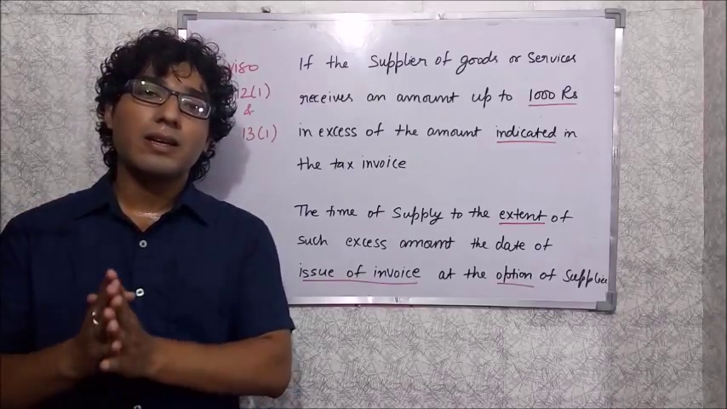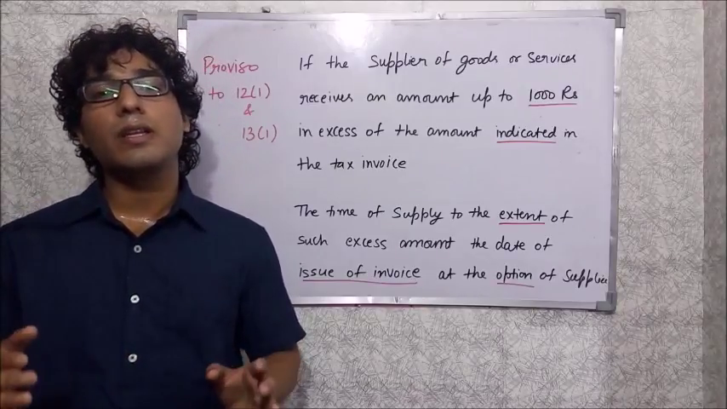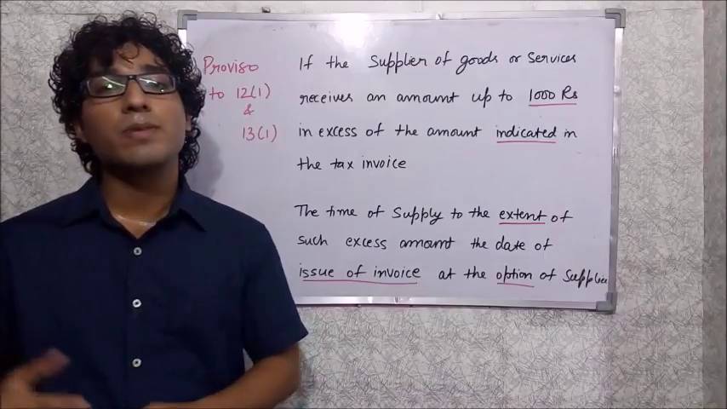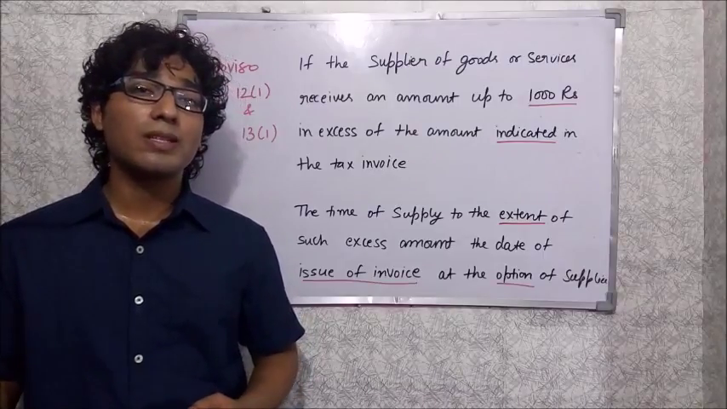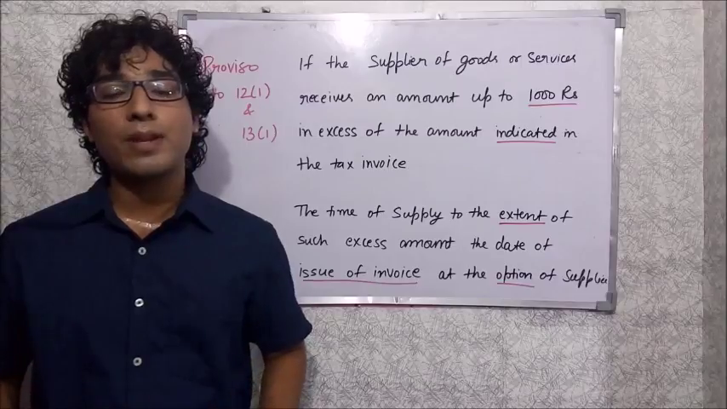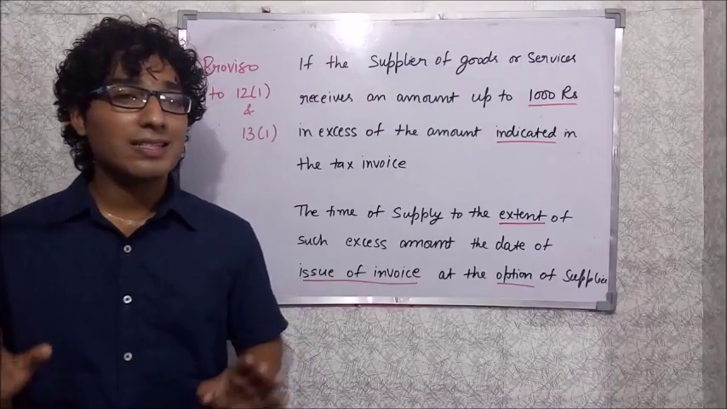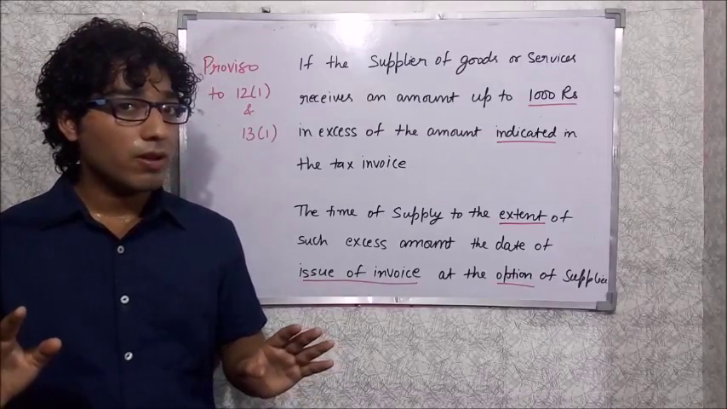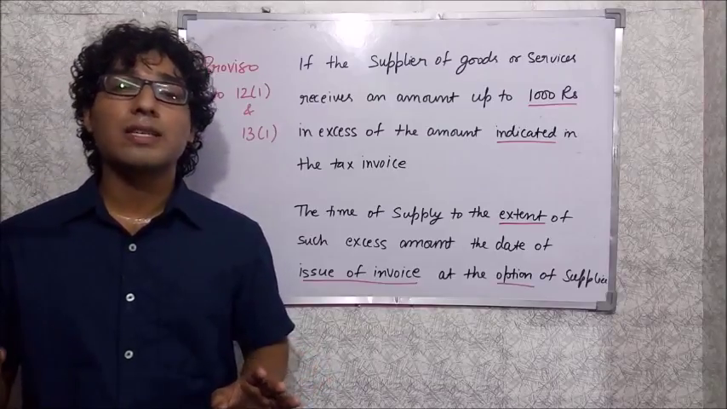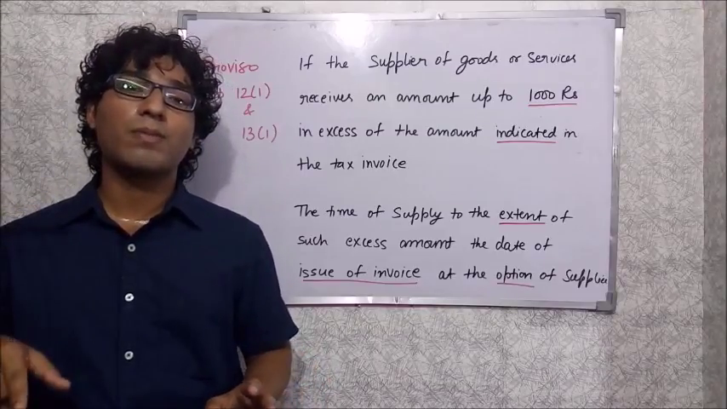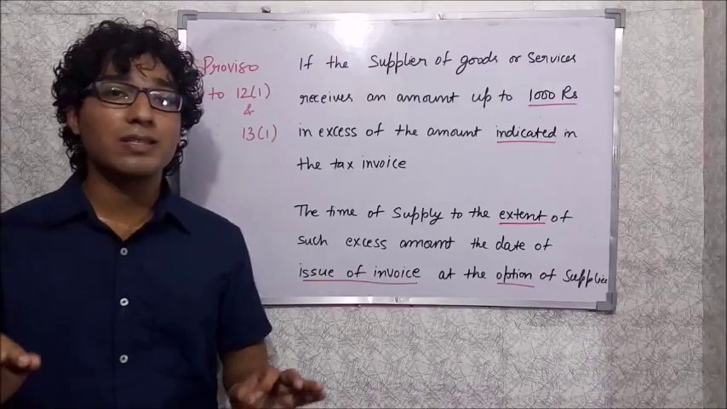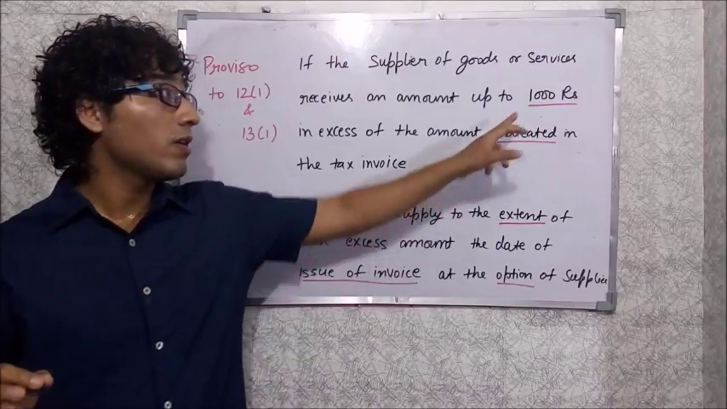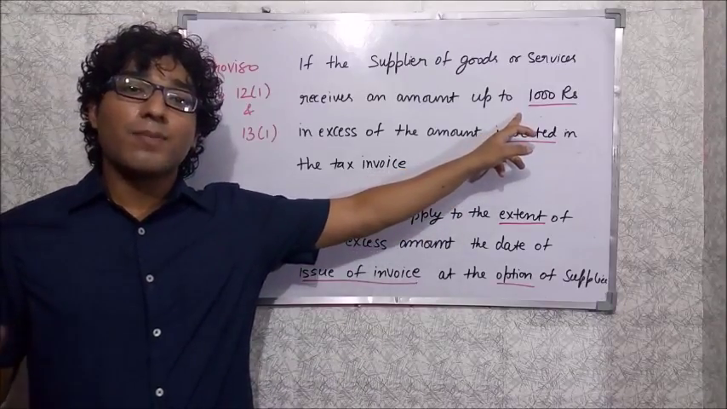But in case you receive the advance payment in excess of 1000 rupees, then this provision will not be applicable to you. So what will be the conditions before we can consider the time of supply of goods or services under this section? First, the amount should be received up to only 1000 rupees and the supplier should issue the invoice